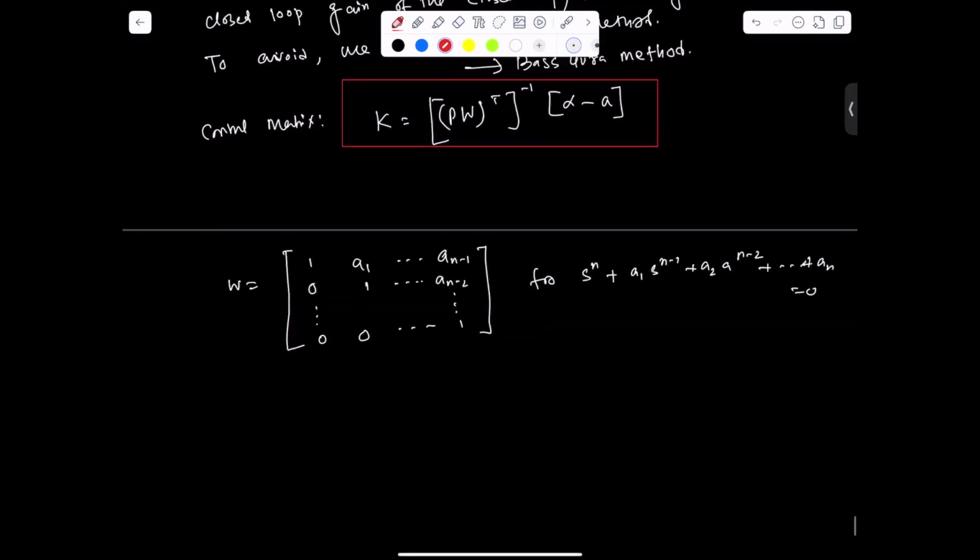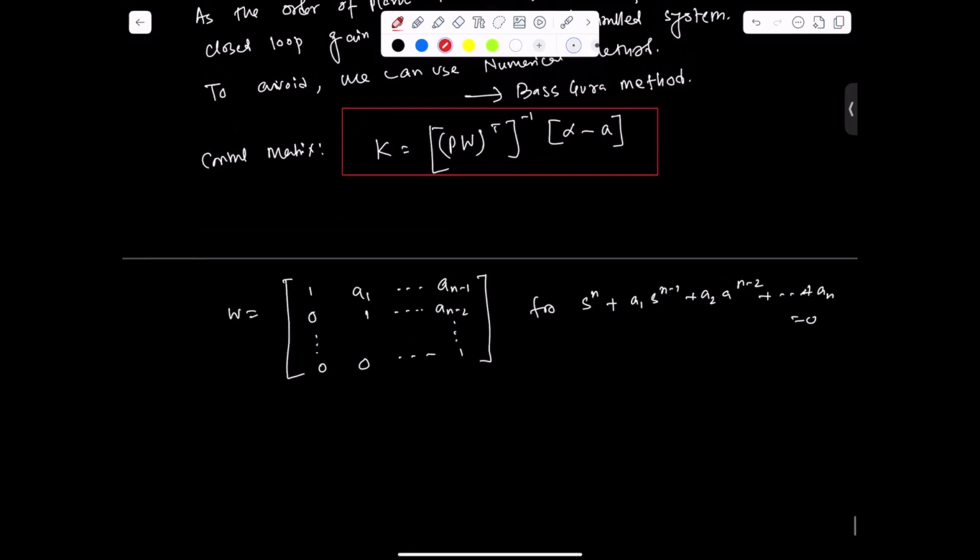Let's stop it here. We'll take an example of how we can use this numerical method to design the control algorithm for the aircraft system. So we'll be considering the longitudinal motion dynamics of the system and how we can design a stability augmentation system using Bhaskara method. Thank you.